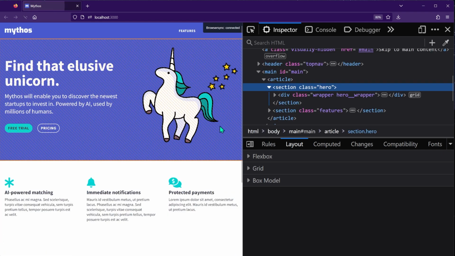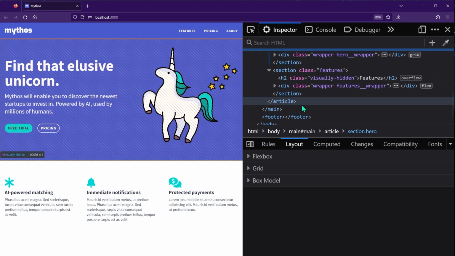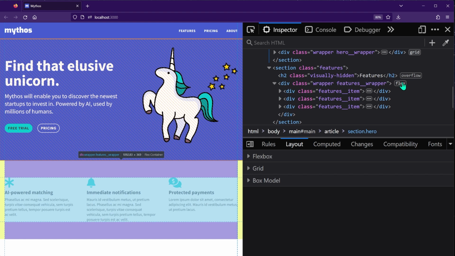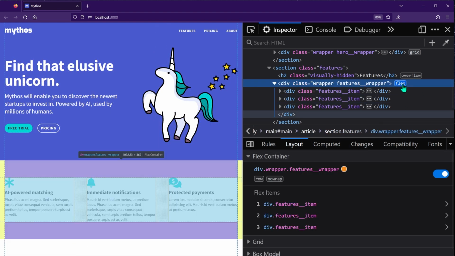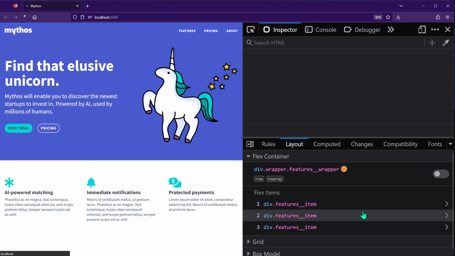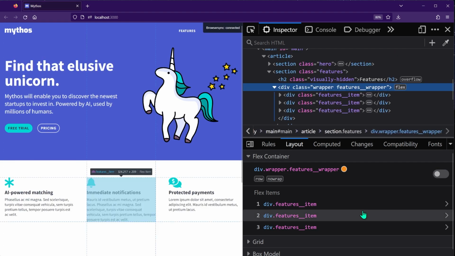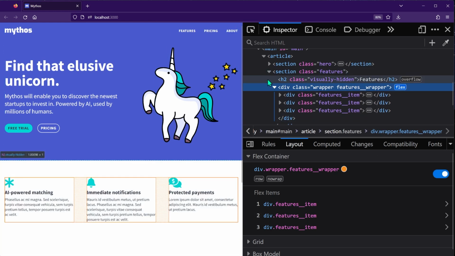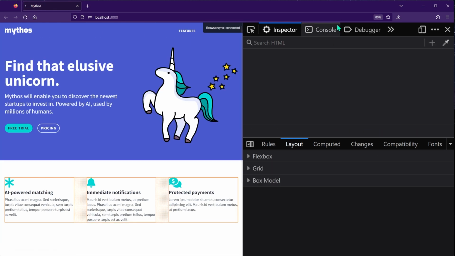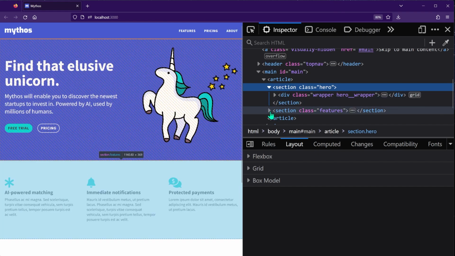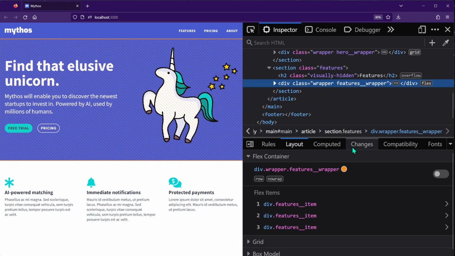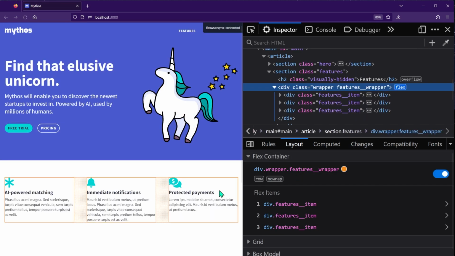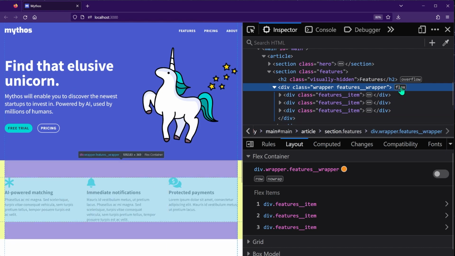And you literally cannot get rid of it if you keep reloading until you can toggle the original Flexbox parent badge to toggle the highlighting on and off, and then it'll go away. I think another thing you can do, if this weird bug happens, is go back to the Flex parent, the features wrapper div, and select it in the markup and then reload a couple more times, then it goes back to normal. But yeah, this bug's really weird.